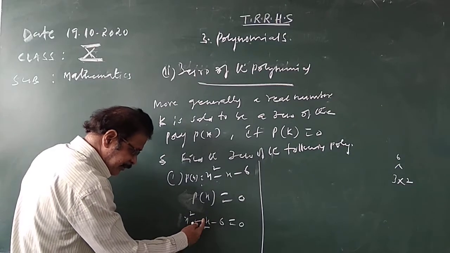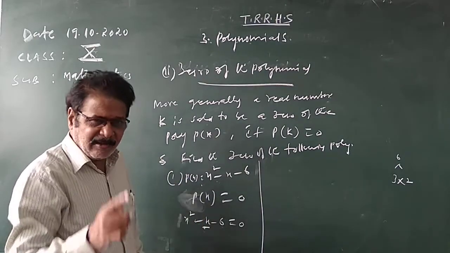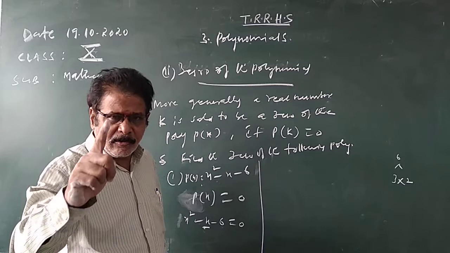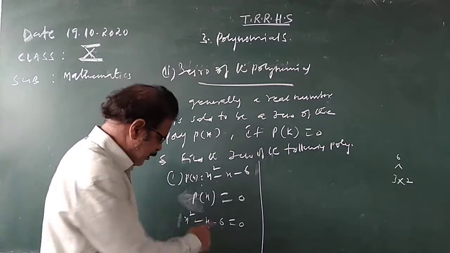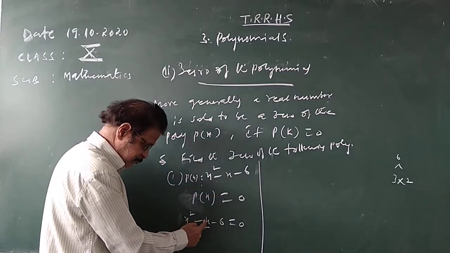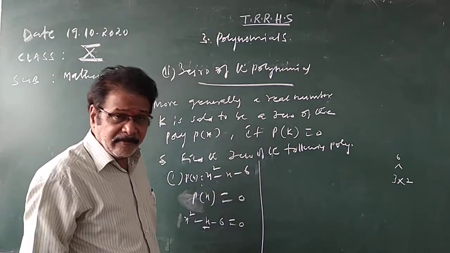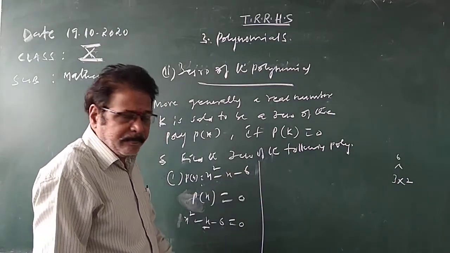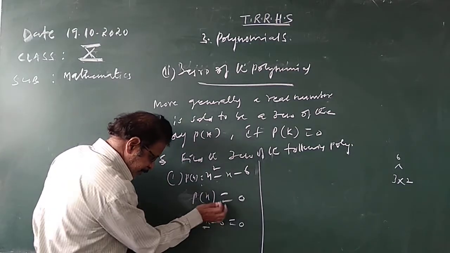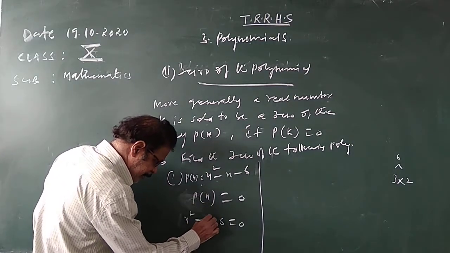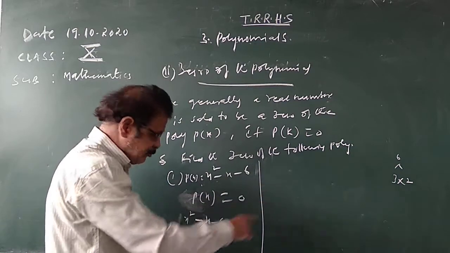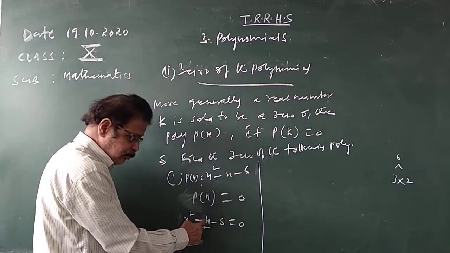The middle term coefficient, nothing is given here. x means 1x always. When nothing is given as the coefficient, it is considered as 1. So x means 1x, 1. We should get 1. 3 plus 2 is 5, 3 minus 2 is 1. By adding or subtracting, you must get 1 here. Whether you add or subtract, the factors should give what? The middle term coefficient, which is 1.